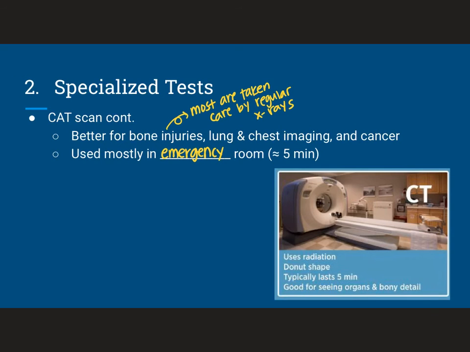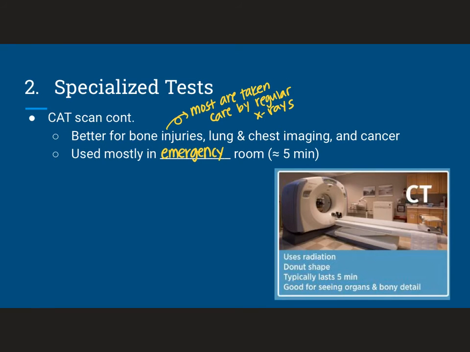And 5 minutes means you have to actually stay inside of the machine for 5 minutes. So obviously you don't want something that takes too long, because if it's an emergency situation, you want to check if they have any internal bleedings or things like that. And because this is part of an x-ray system, it uses radiation, and it kind of looks like a donut shape. And you're going to go in there for a section of your body,